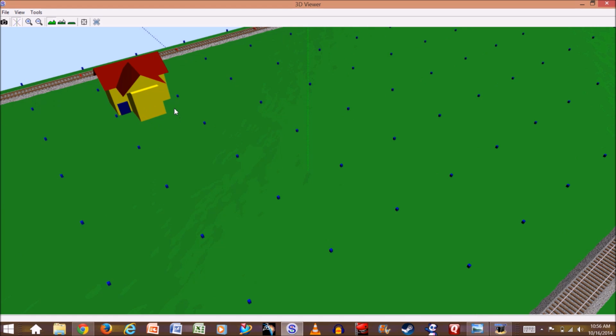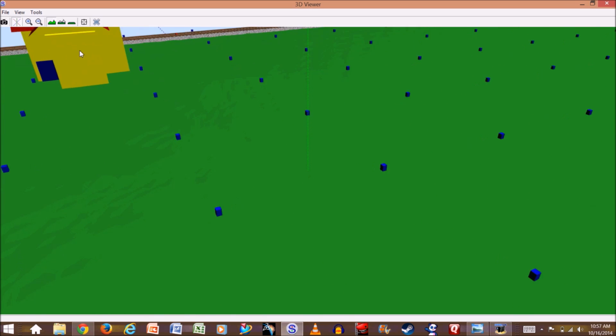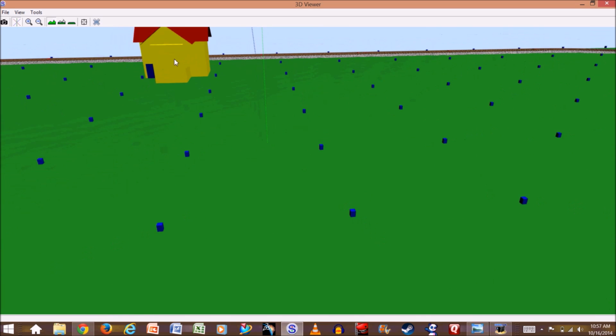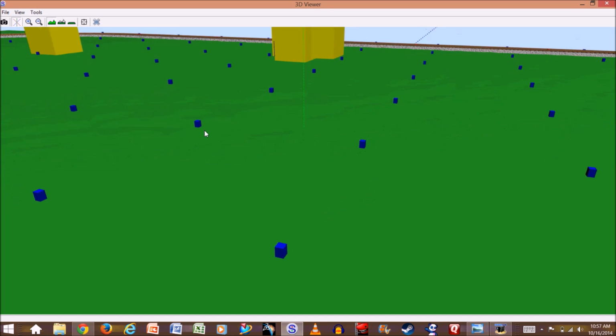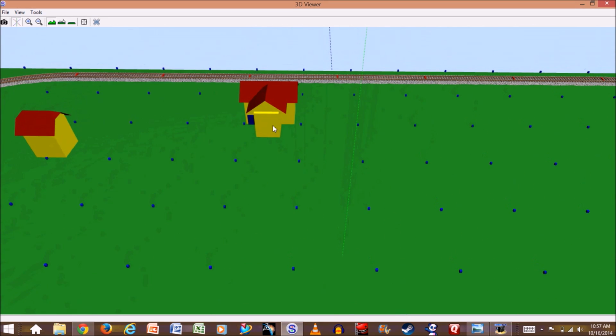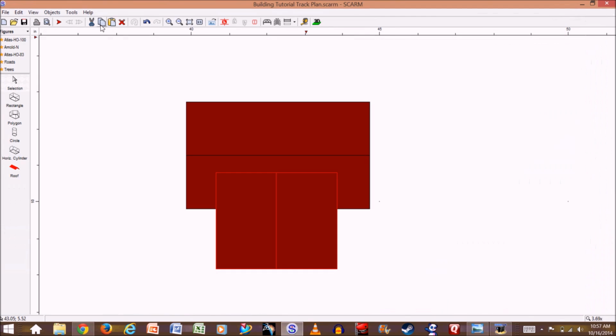However, you'll notice that the roof doesn't match up with the rectangle or cube on the bottom here. See, if I zoom in a little bit, it wants to zoom into that center point, but zoom out, we'll move the center point there. There we go. And you can see right there how the roof is no longer completely connected to the cube or square underneath it. So to fix that, and this took trial and error,